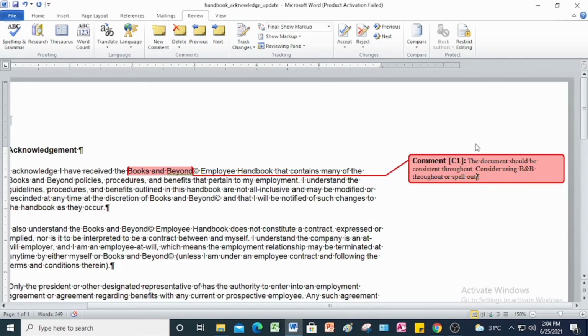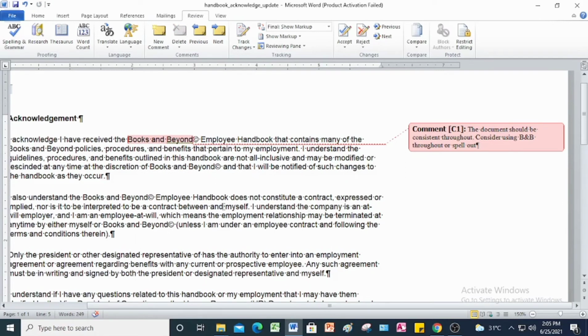So we're going to add this comment to every occurrence of Books and Beyond. Again, we're going to copy this comment so that we can avoid retyping this phrase all over again. Next, we're going to find the new occurrence. This is the second occurrence of Books and Beyond. So again, we're going to highlight this